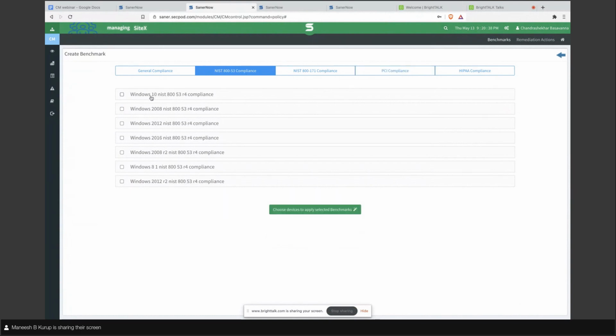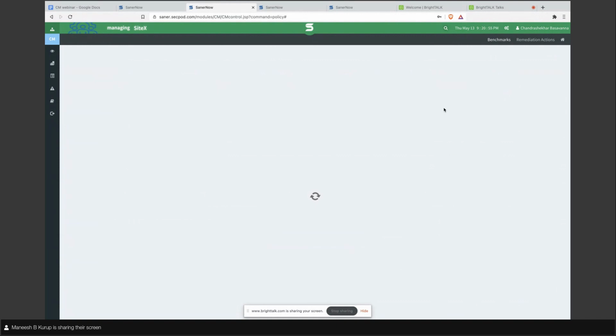environment. So here 853, if you look at, there is a list of operating system based templates available. So again, the same steps can be followed by selecting the required operating system template, and if customization is needed, you can click on the right hand side edit symbol, and that will load the page where all the list of NIST 853 rules are being displayed. I think it is taking some time.